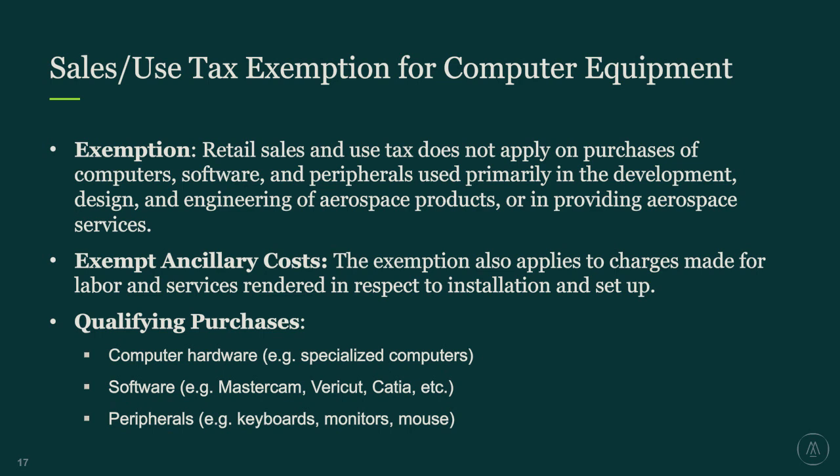And you would think that that would be easy enough to prove out, but auditors are taking a very aggressive stance on this from time to time. And so what you see are auditors coming back and denying this exemption retroactively because you don't have adequate documentation that shows who is the person using this laptop? What is this used for?